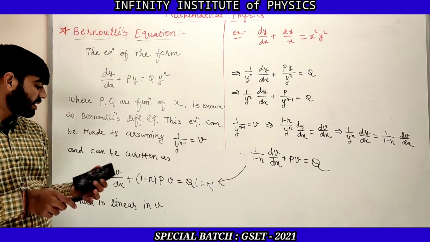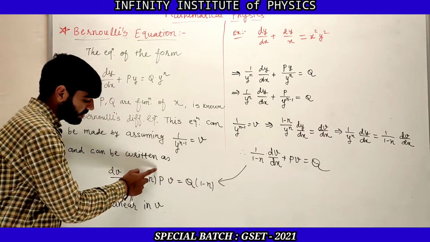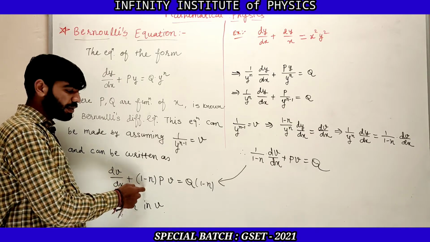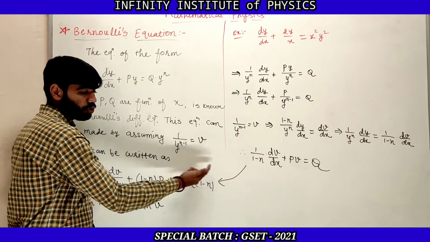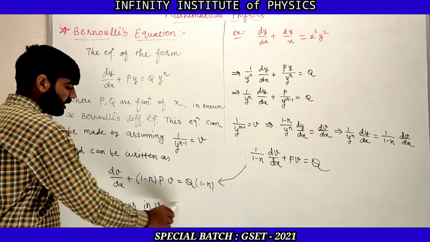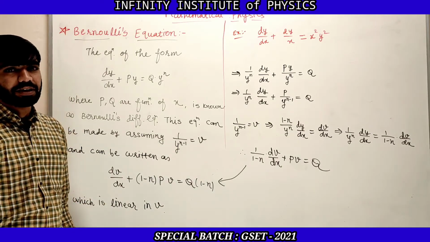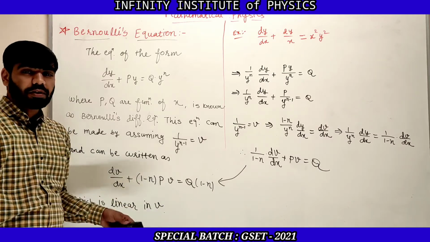And here you can see that this is linear in v, dv by dx plus, let us say this function is a p dash. Give this function as p dash, then it is dv by dx plus p dash v, which is equal to q dash. So it is linear in v. And now we know that how to solve this linear equation. By considering that integrating factor, we need to put that values in direct formula and we can solve it for